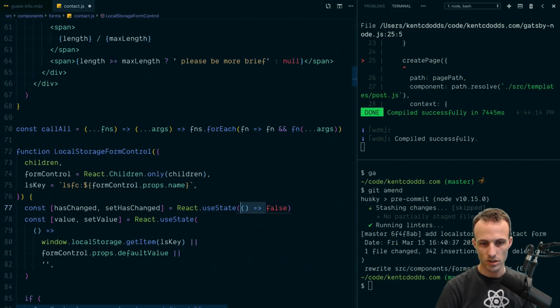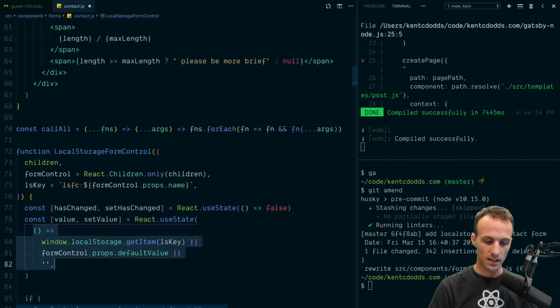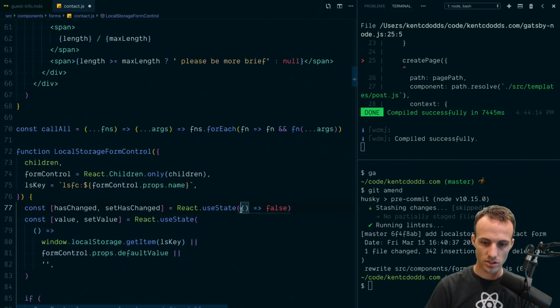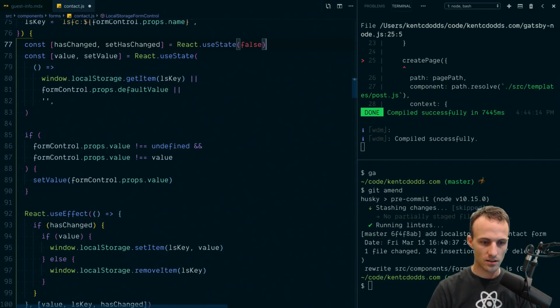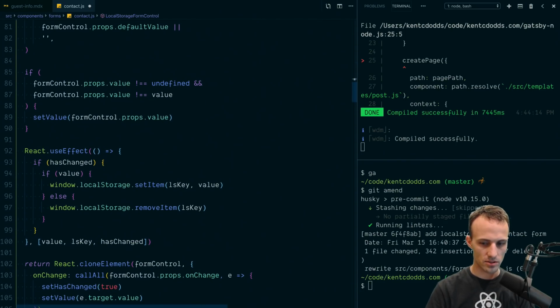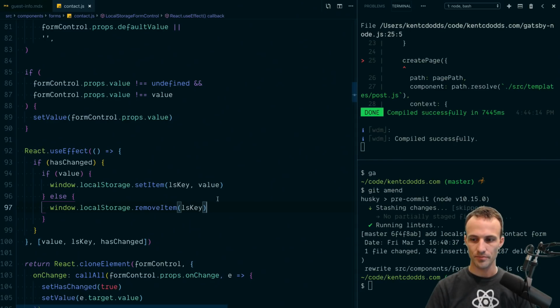You only really want to use a callback form inside use state when what you're doing could be potentially expensive, like accessing something from local storage. You don't want to do that on every render, just on the first time. That's why you make a function out of it. Yeah, so I don't know if that was an answer to your question or not, but